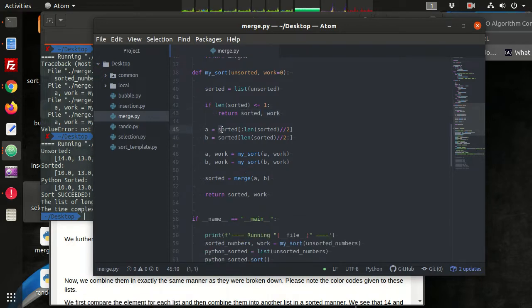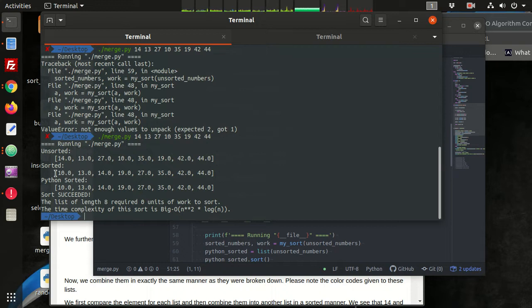Otherwise, we split the list into two pieces, a first half and a second half, and then we sort those two halves with the merge sort. And then these two lists are sorted, and we simply merge them together. Okay, so we see that this succeeded. We compared that against the Python sort. So this is really good,